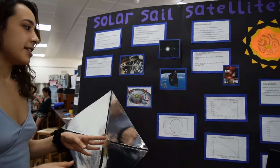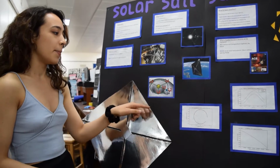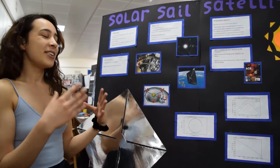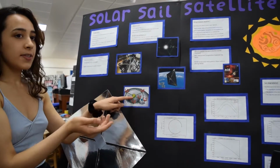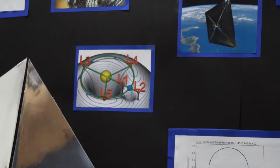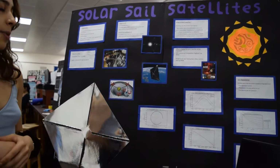So that's the basis. What this project is about is increasing the warning time the Earth gets about space weather. So to do that, you would need to move the spacecraft closer in towards the Sun. And a way you can do that is using a solar sail, because